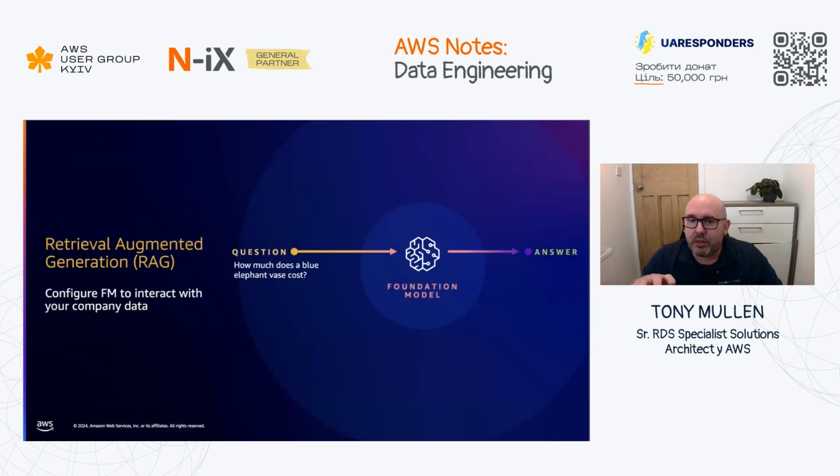So what is RAG? RAG, retrieval augmented generation, is a process for retrieving facts from knowledge bases to ground LLMs with up-to-date, accurate and insightful data. And we supply this via a prompt. So just to give a little example, we've got a store which happens to sell vases. And what we want to do is ask some questions around some of the products we sell in our store.